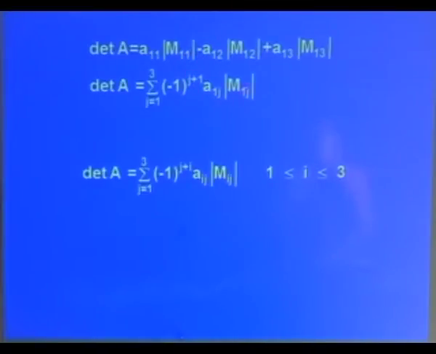Now, for A1j M1j, the sign which is to be taken is minus 1 raised to power j plus 1, and this is when I expand around the first row. But as I told you, this can be done for each and every row or column. So, if I take any row from 1 to 3, then this formula can be used for evaluating the determinant, and this formula can be used when I am considering columns.